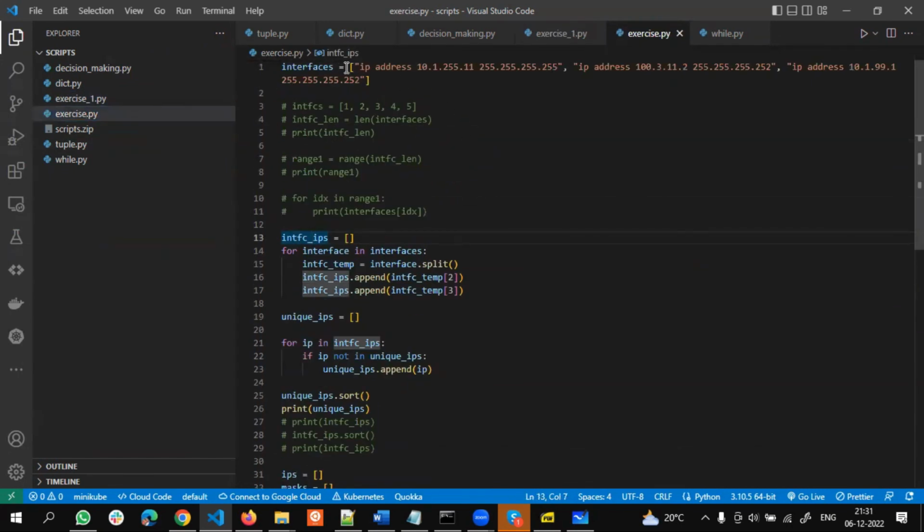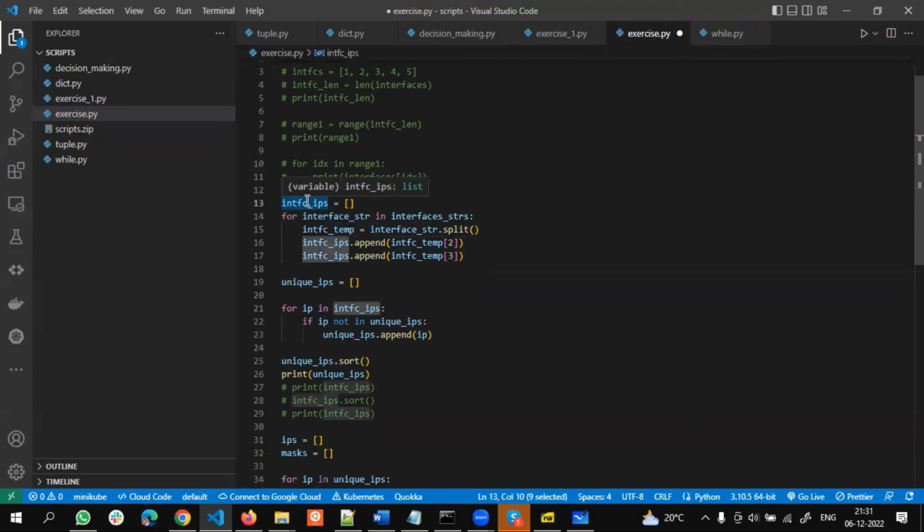High level approach is, yes, I put all these strings into an array. Then I'm traversing this array of strings. So let me call it interface_strs. For interface string in interface strings, split it, extract second and third, push it into interface IPs array. Now from this you want to avoid duplicates, traverse that array using for loop, create another blank list called unique IPs,